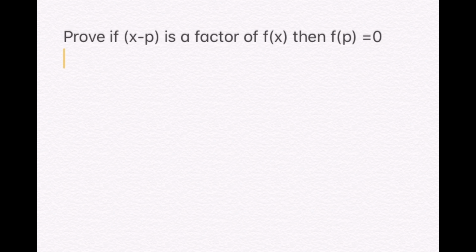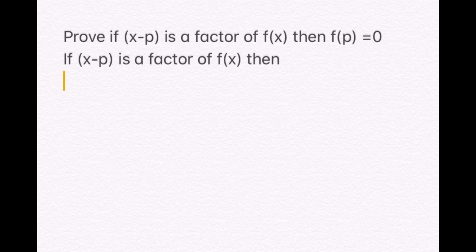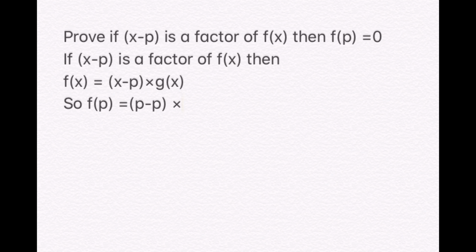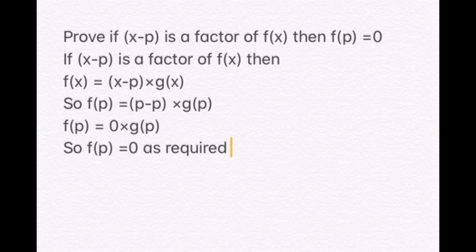And let's look at a proof of this theorem. In order to prove that if x minus p is a factor of f of x, then f of p equals 0, we know that g of x is a polynomial expression, and we know that x minus p is a factor of f of x. Therefore, f of x would equal x minus p multiplied by g of x. Therefore, we're trying to prove that f of p equals 0, and so we will write that f of p equals